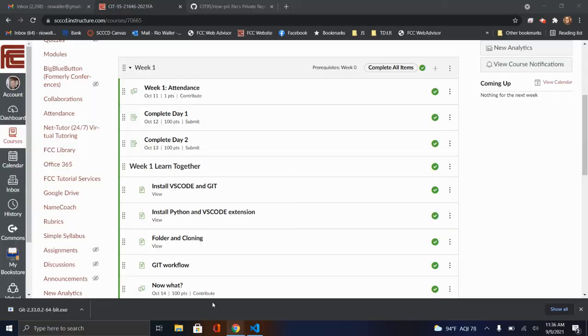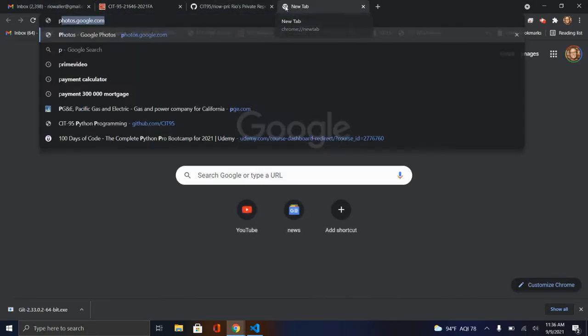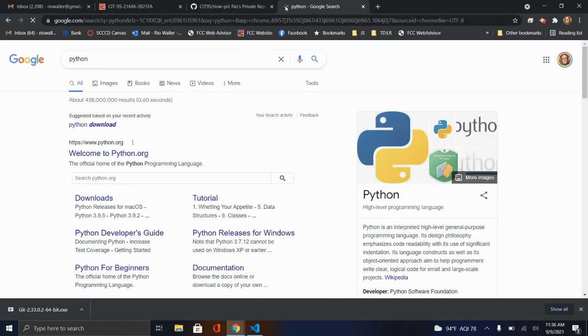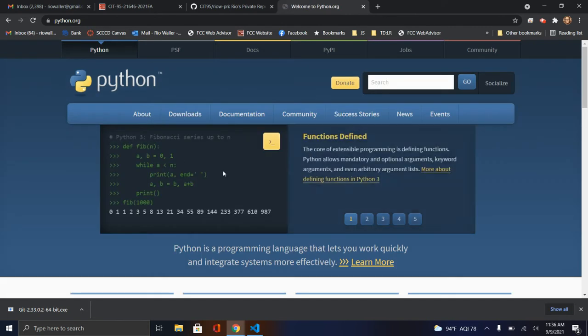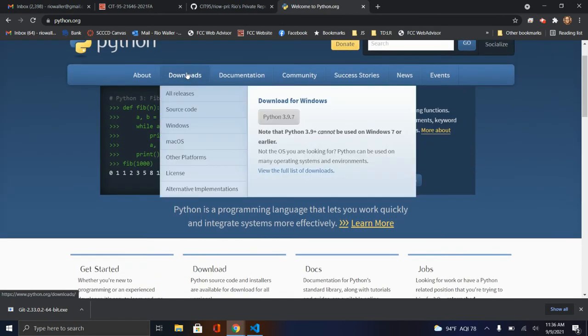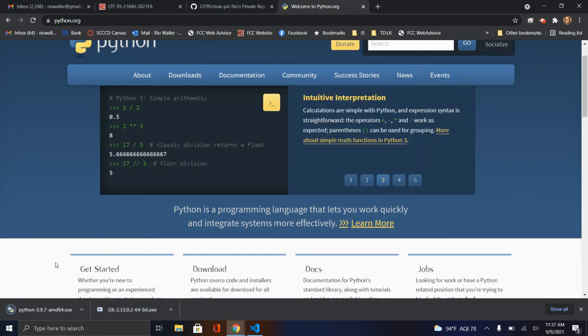So it's pretty straightforward to install Python. Matter of fact, if you just search Python, I believe one of the first results that comes up is python.org. If you come down here, there's a download section, and it shows the most current version for Windows. I'm about to walk through this install. If I get to a place where I want to stop and do a little research, I'll do that. Otherwise, this is happening in real time, meaning as you're watching it. Okay, so I'm going to go ahead and download